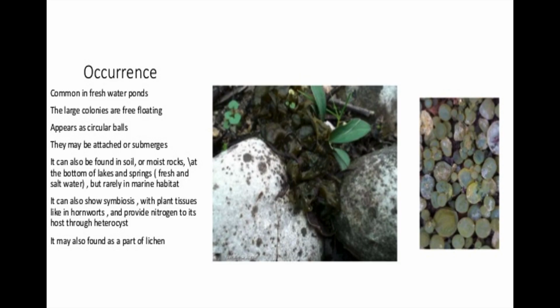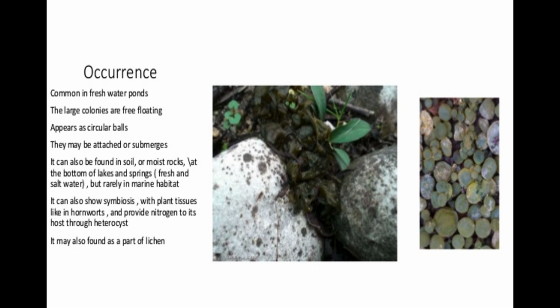So we'll talk about the occurrence of Nostoc. It basically occurs in freshwater ponds. They are large colonies which are free floating. You can see circular balls there. They can be attached or they can be submerged also. In freshwater ponds, puddles and ditches they are found. Nostoc commune